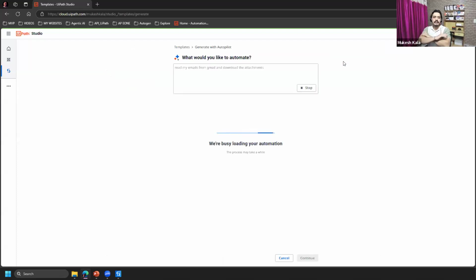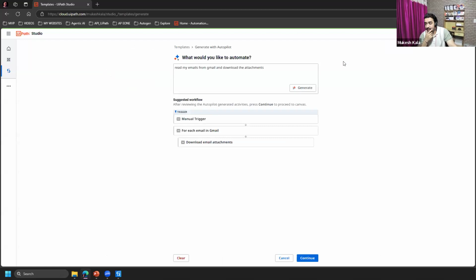I have not given any information. All of this is now loading here and it is saying that I am creating your automation, and it has created my automation for me. Manual trigger, which means that I will manually run the automation, which you would have got an idea of, that today I am running it manually, but you always have an option to schedule this. Run it on a daily, weekly, monthly basis.